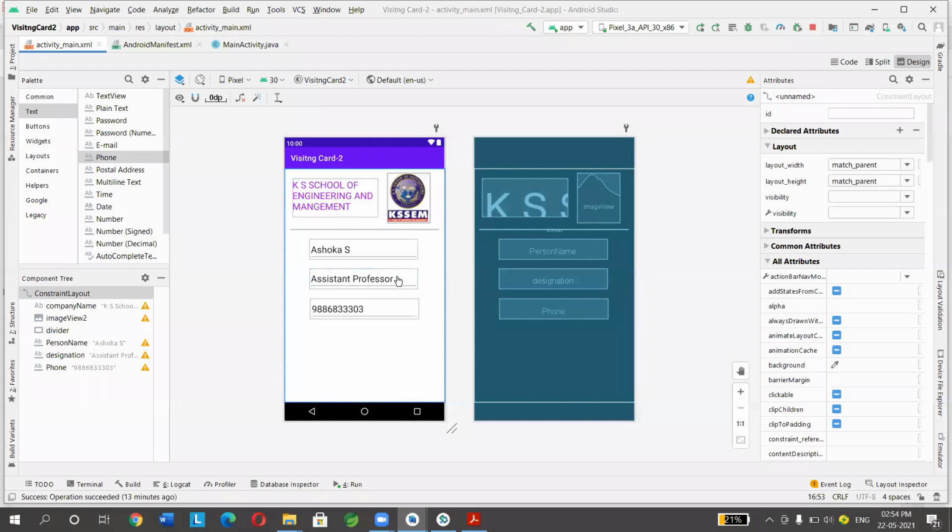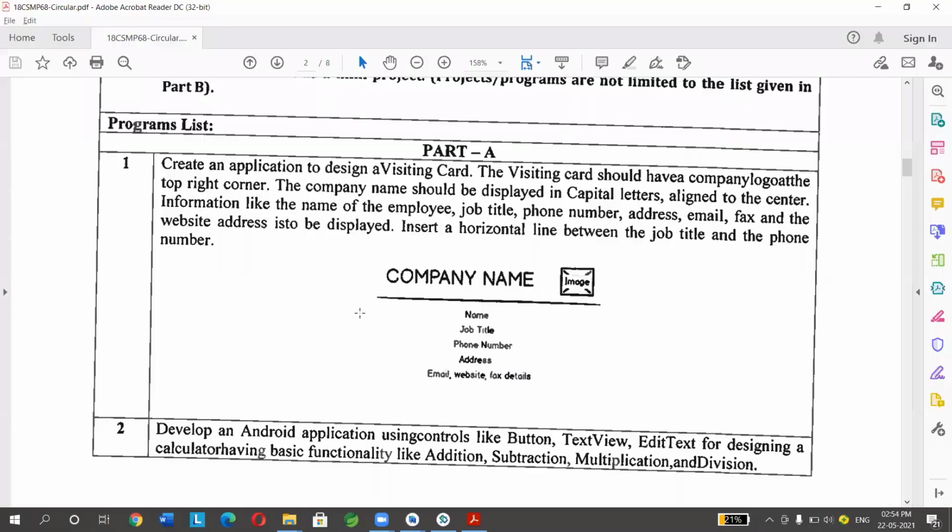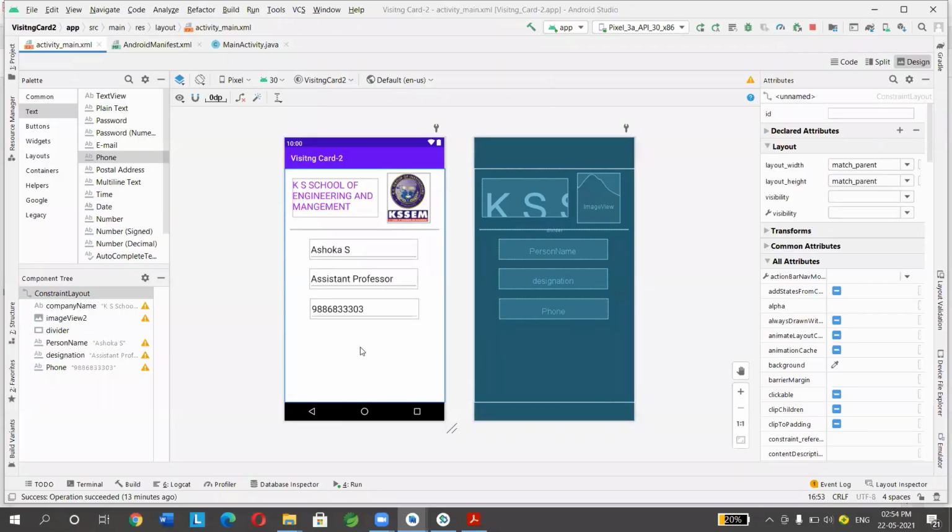So after name, designation and phone number, what is the next one? Address and email ID. I want to place the email ID. For that again, go to palette, text. In text we have email, right? So drag and drop this here.